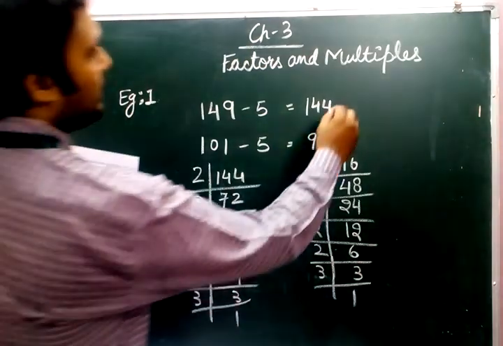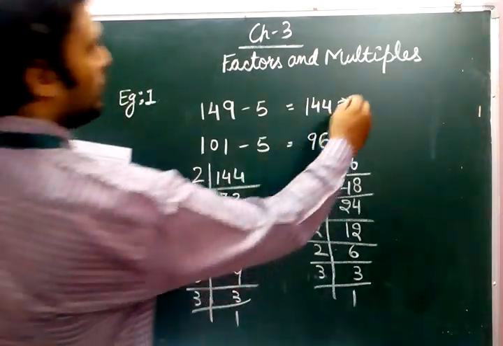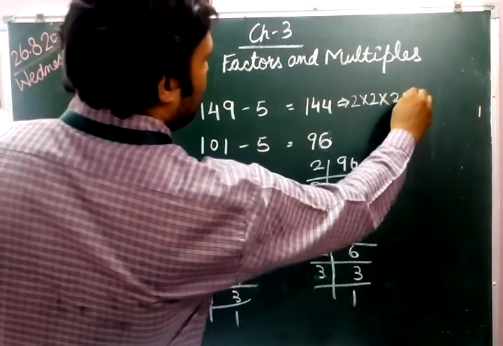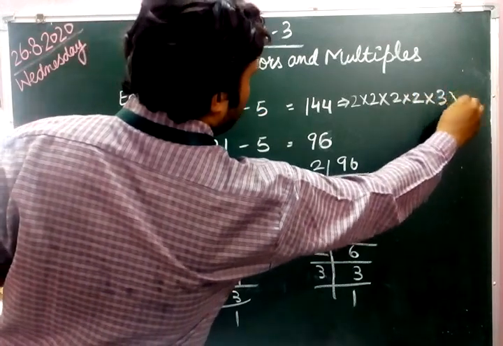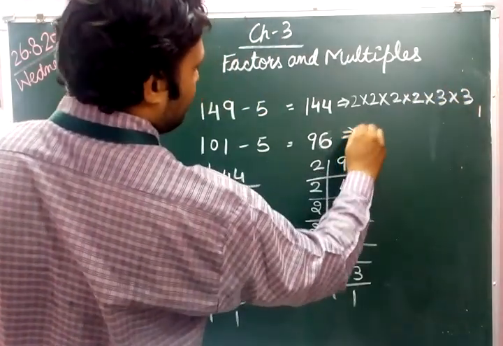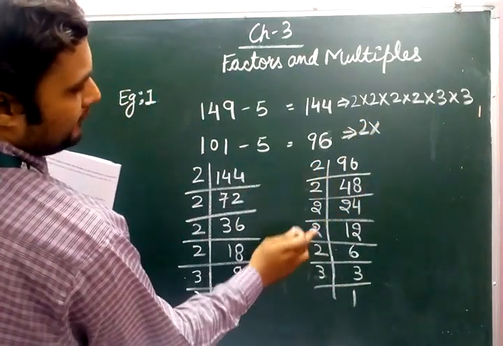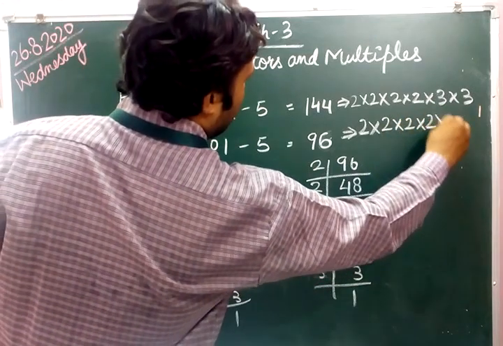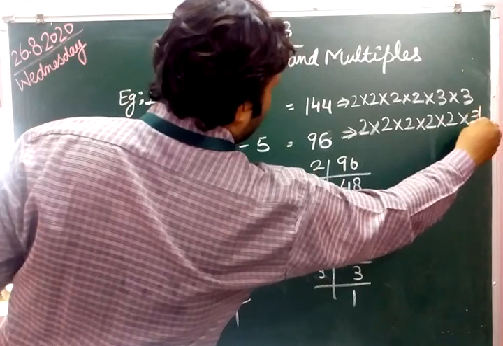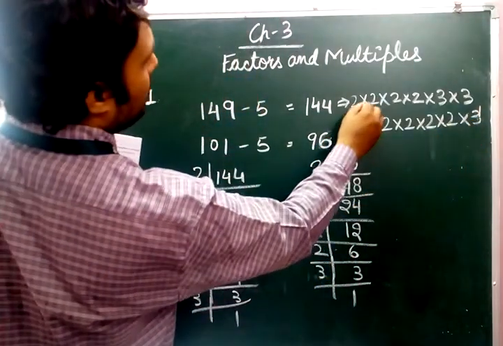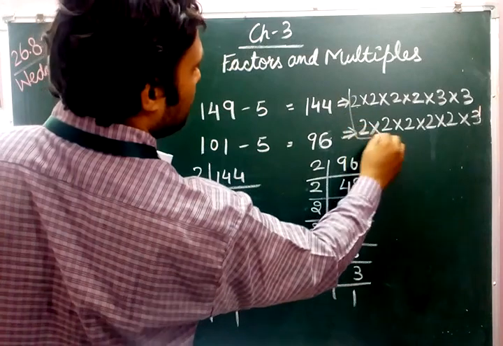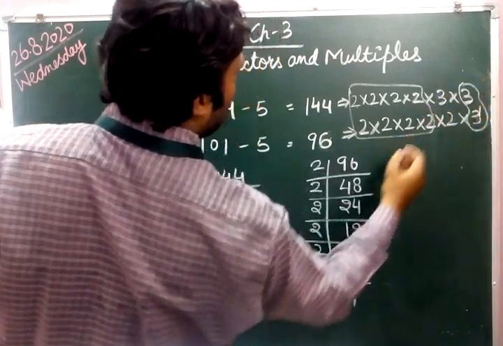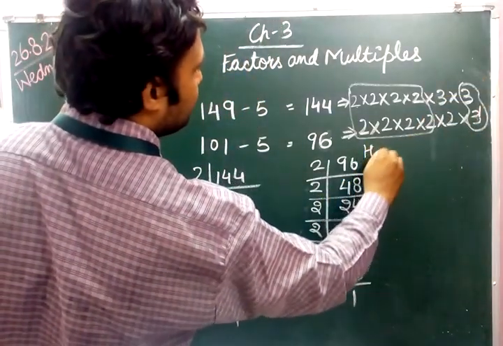So the factors of 144 are 2 multiplied by 2 multiplied by 2 multiplied by 2 multiplied by 3 multiplied by 3, and for 96, 2 five times, multiplied by 3. So what is common there? These four 2s are common, and the 3 is common. So the HCF is